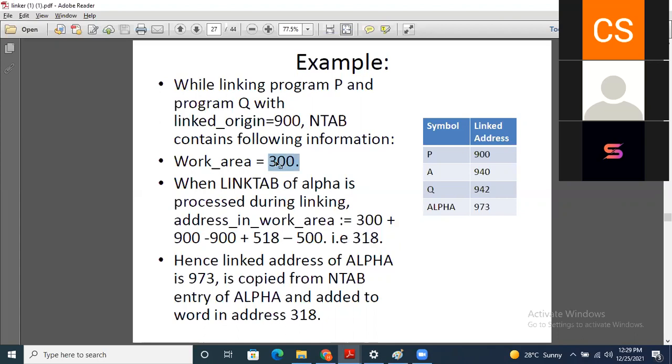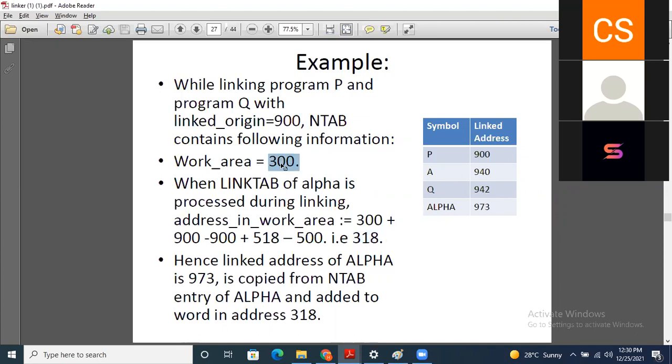म्हणजे इन शॉर्ट, जर तुमचा वर्क एरिया मध्ये प्रोग्राम लोड आहे जो की तिथं 300 ला लोड होतोय, तर डेफिनेटली तुमचा स्टार्टिंगला प्रोग्राम जो आपण बघितलाय स्टार्ट 500 अँड सो ऑन, तर 500 ला स्टार्ट असेल आणि त्या केसमध्ये 518 ला अल्फा आहे. तर 300 असेल तर त्याचं कॅल्क्युलेशन किती यायला पाहिजे, 318 यायला पाहिजे. ओके, अँड हाऊ इट इज कॅल्क्युलेट ते आपल्याला कळते.